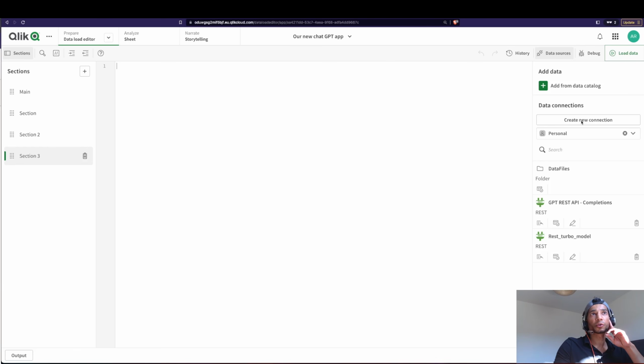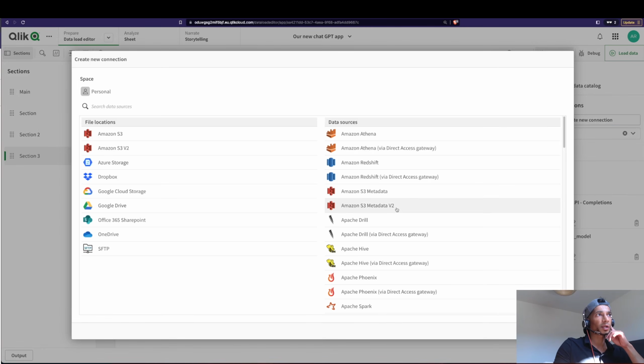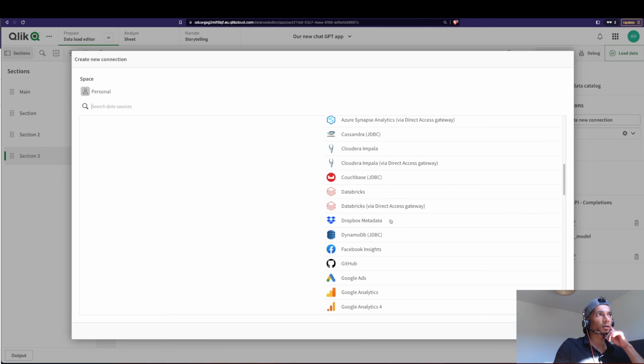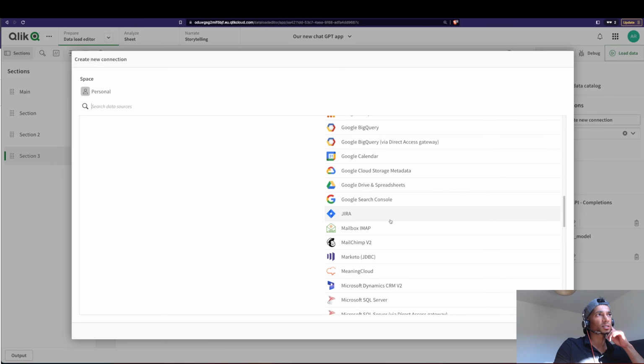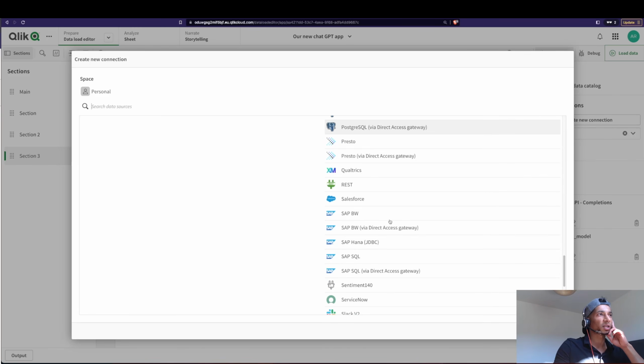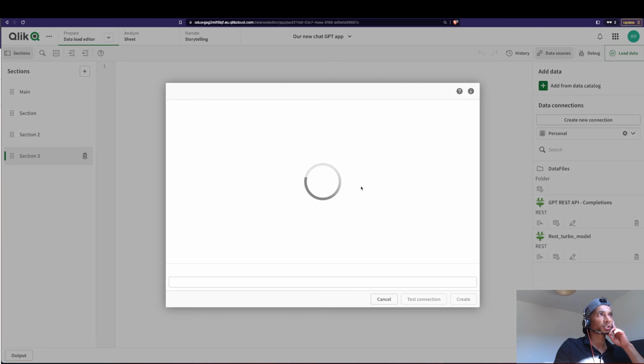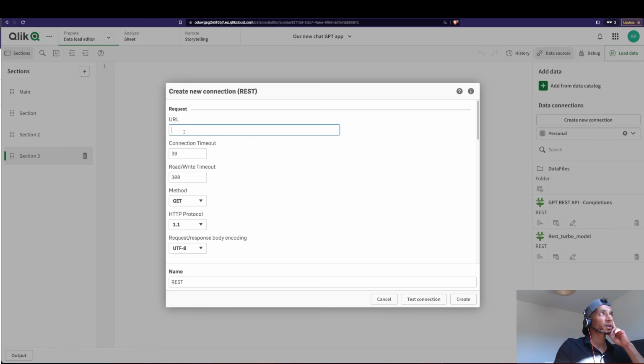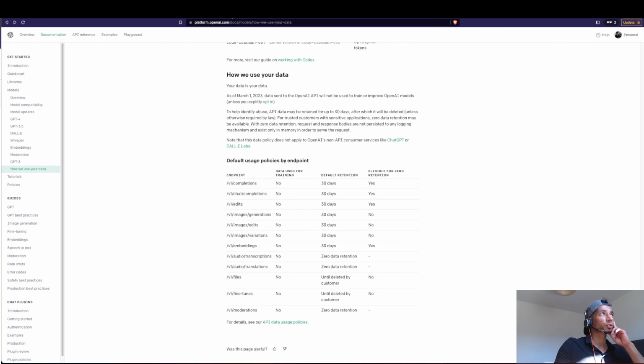So first, we're going to create a connection that is going to talk to ChatGPT. So let's go here, create a connection. Let's go into an API, and the API we are using is a REST API. This is what we usually use to interact with other applications, just like ChatGPT. And here we have REST API. We have a URL that we need to put in. So now I'm going to go back into